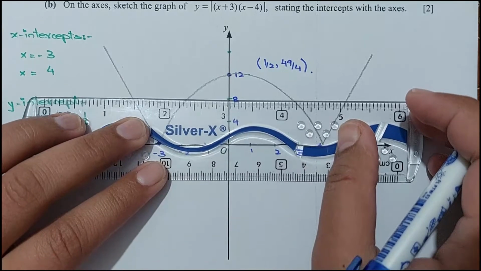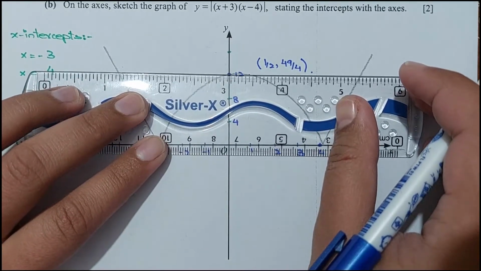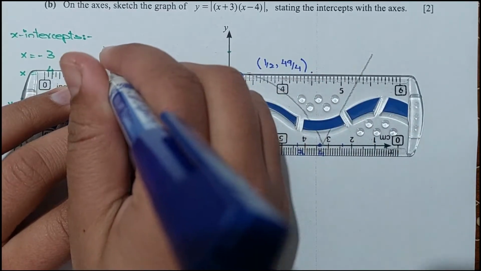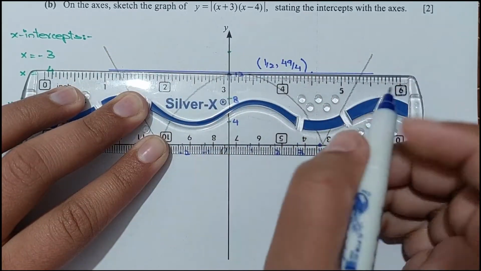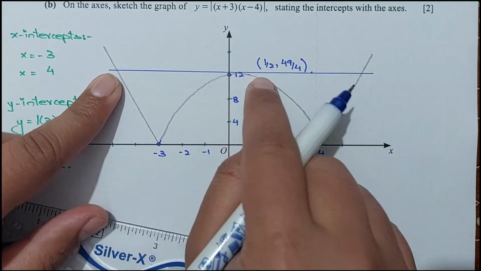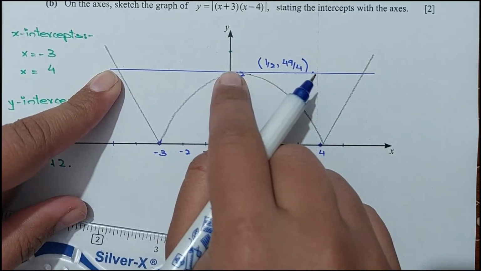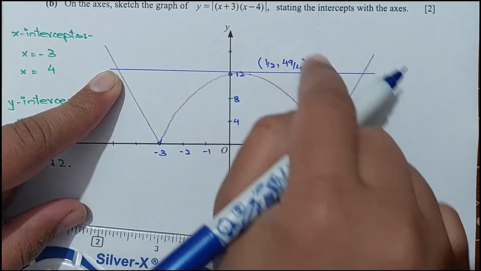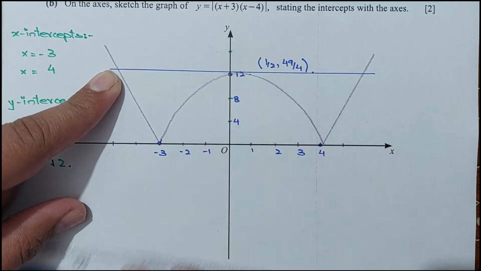You have 4, it cuts the curve at 4 points. So let's say this would be the turning point of the curve. When you draw this straight line, it has two solutions. It cuts the curve at 2 points. So when the value of y is more than the y coordinate of the turning point, we have only two